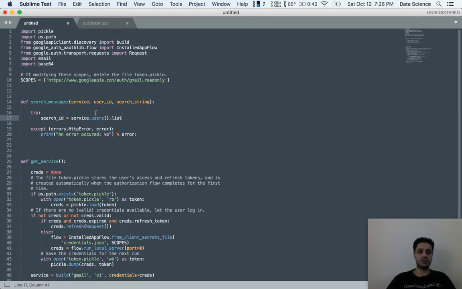You have to create a service object, do users to get to the user, and then the function that you want. So if it's list, it's going to take some parameters. We'll talk about them in a minute. And then after that, you have to make sure to hit execute. For us, what we want to do is go to messages, and then we want to give it an ID. So user ID